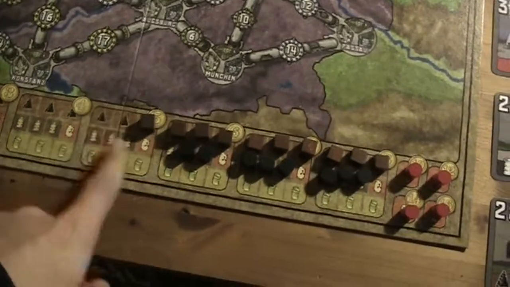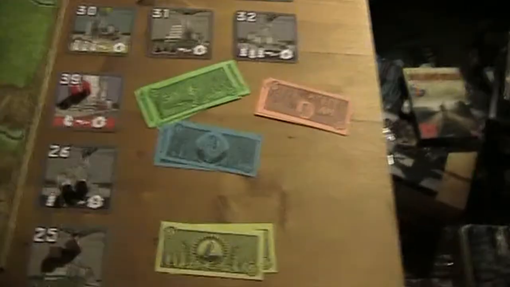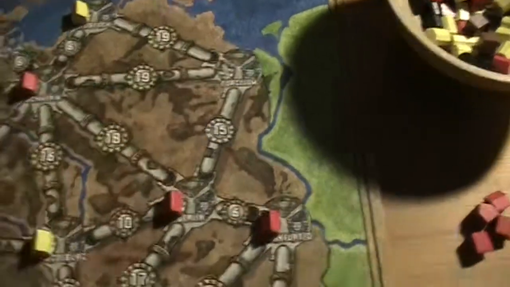Okay, so let's see, we paid now, that was 10, that was 21, and this is 15, so that's 36. That's quite a bit. Okay, and now he's allowed to build. So let's see which would be the cheapest one. We have here 15 to Torgelow,